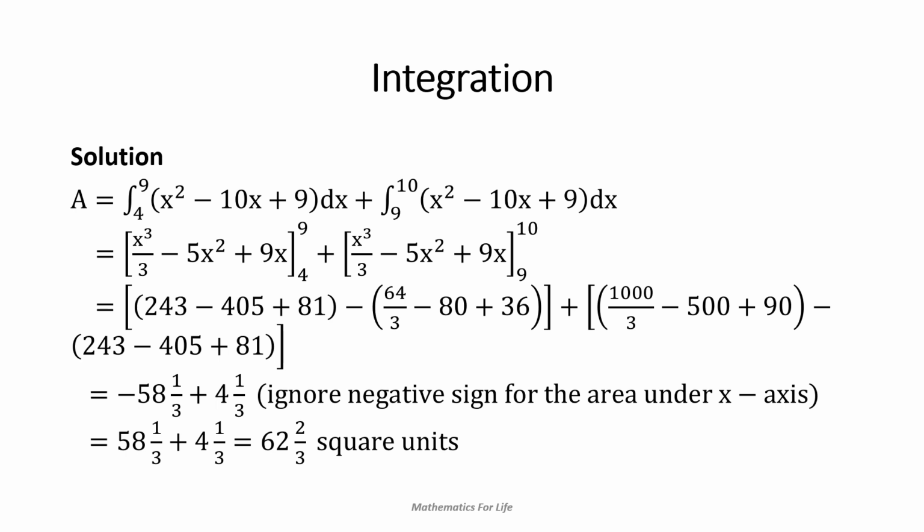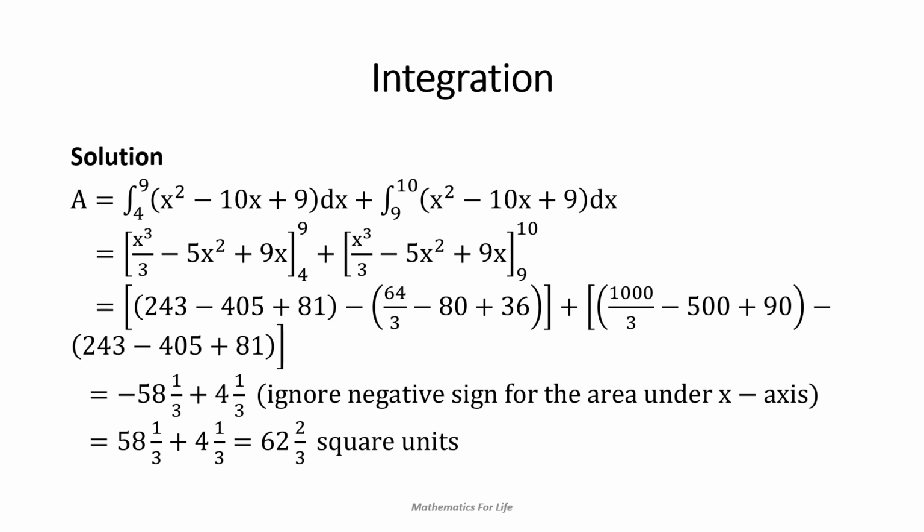And so for the first one, for the upper limit, you're getting 243 minus 405 plus 81, and then we shall subtract the integral evaluated for the lower limit, which gives us 64 over 3 minus 80 plus 36, and that we'll be able to simplify to negative 58 and a third. And then for the